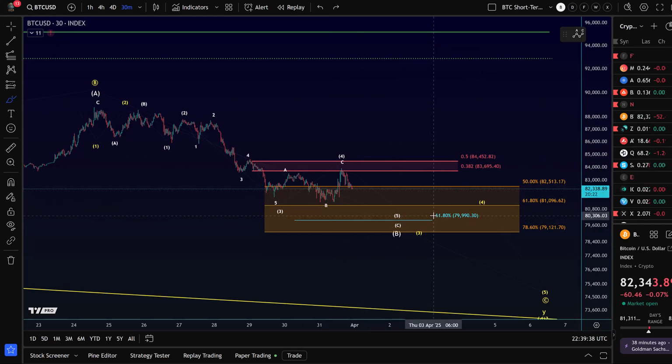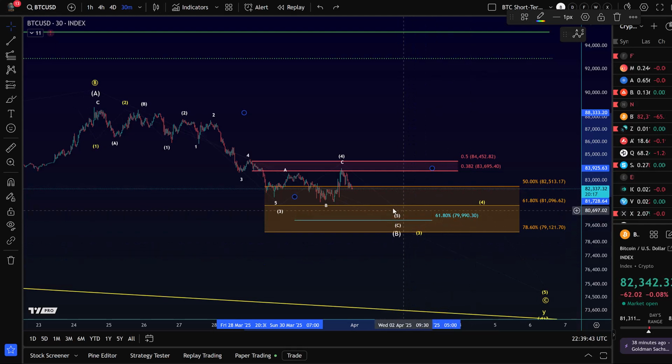Based on that, I've added a Fibonacci target for the 5th wave. Please don't think that this is a highly reliable target. So it's not a highly reliable level, that 79,990 level, but it is a level to keep an eye on. It's only based on the internal structure. I'm just saying there could be a reaction there below 79,990, because this box is quite large between 81K and 79K, so you want to have something additional to watch. If you want, then there is something.